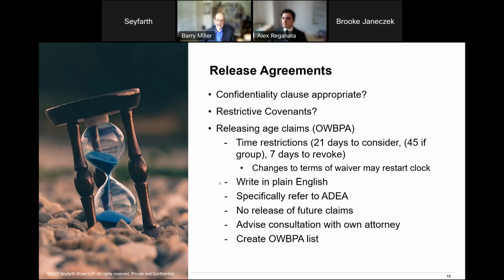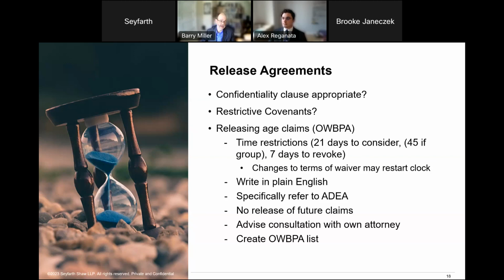Historically, when I began doing work like this most of 20 years ago, a standard severance agreement would be a pretty beefy document. And it included a lot of things that an employer would like to have in its ultimate resolution with an employee. But a lot of those provisions have really come under attack in the last couple of years. And for example, confidentiality clauses that call on an employee to maintain the secrecy of, say, the severance that they were offered, have become very disfavored by the plaintiff's bar, and that same sentiment has trickled up into a